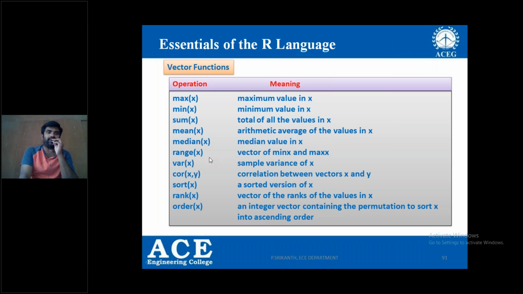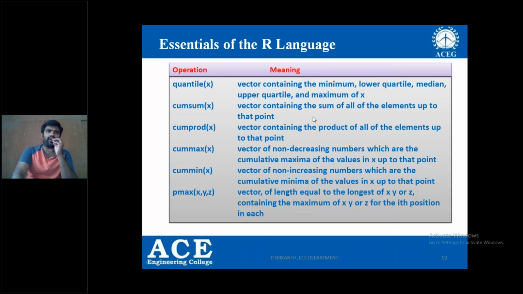Mean, median, range, variance, all these functions can be used by giving a vector for finding the result. You can check every function, define the x value, use all the functions in the RStudio platform, and verify all the values, right?